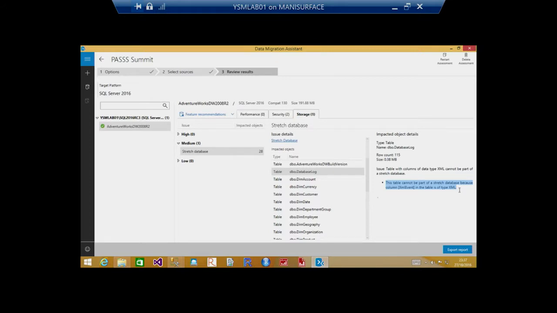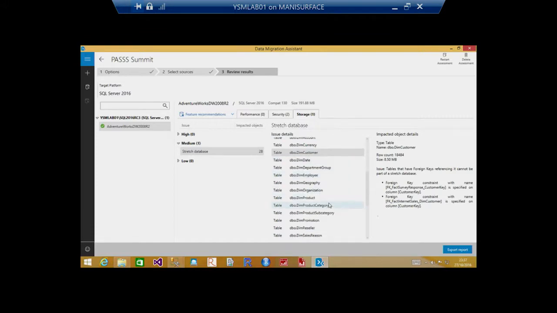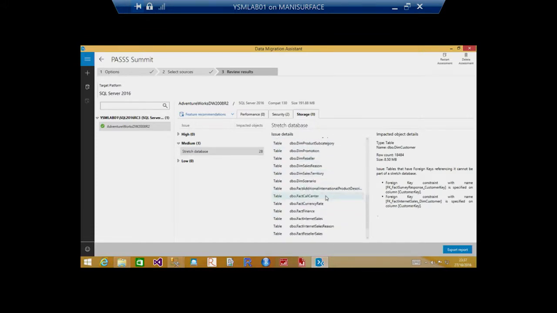So it's going to see the structure, it's going to read the schema, and it's going to advise you whether it can make it or not. Most of the dim tables here will fail. That is because it has got constraints on it. Let's go to fact tables here. So fact call center, it does not show any error on it, but that's good. Fact internet sales, here it says this is having